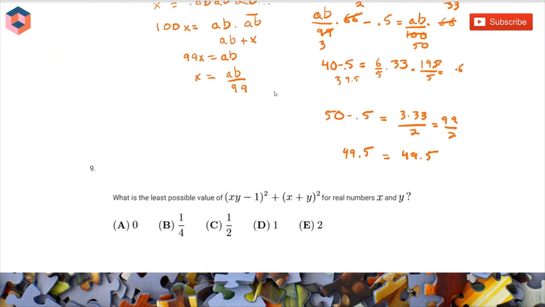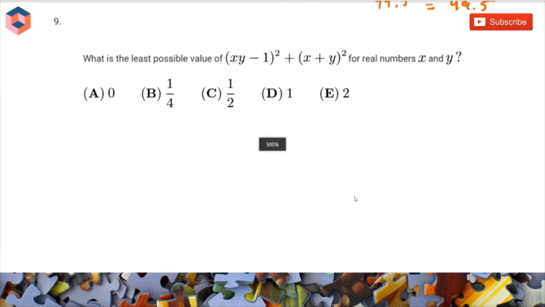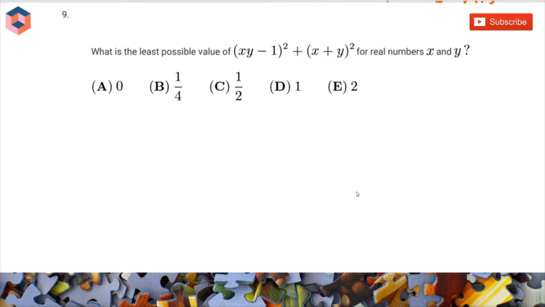Problem number 9. What is the least possible value of (xy minus 1) squared plus (x plus y) squared for real numbers x and y? And I gotta admit, this problem sort of tricked me when I first looked at it on the test. But what you can do is actually expand both of these expressions, and a lot of the terms will beautifully cancel out. So this first term, and you can use FOIL, or you should know that